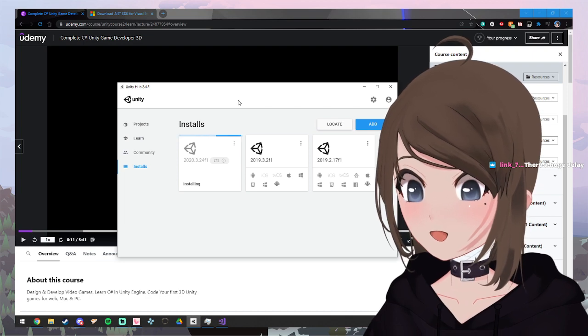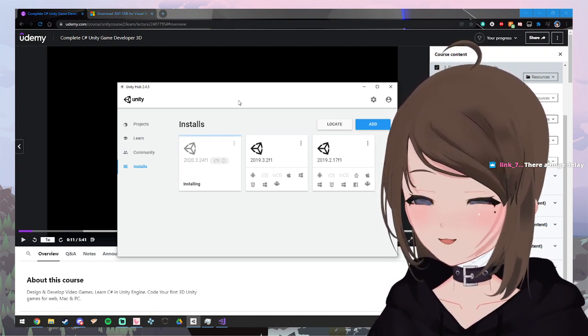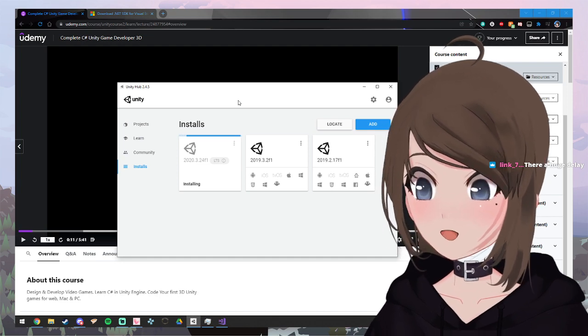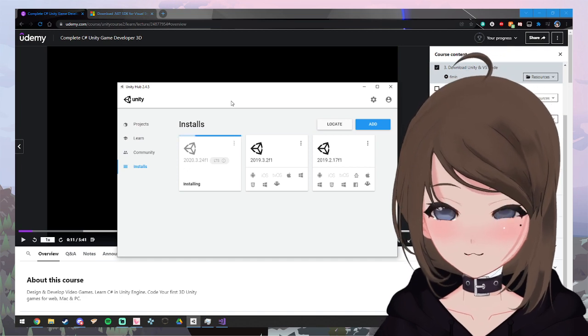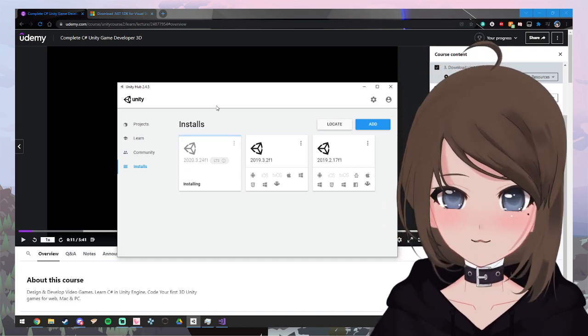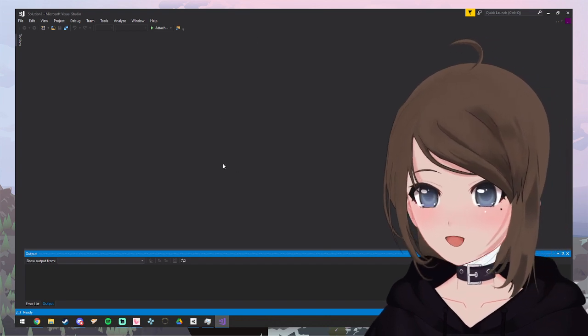I'm trying to make... Have you ever played Dungeons and Dragons? I'm basically making a D&D. It's not actually D&D, but I'm making a D&D. Or I'm trying to. I don't know what I'm doing. I'm trying to learn. I don't even know how this window works.